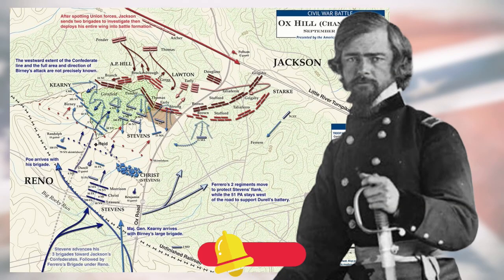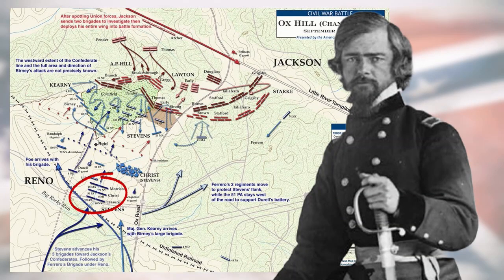In the front line on the right was the 79th New York Regiment, with the 28th Massachusetts Regiment on the left. In the second line was the 8th Michigan on the right and the 50th Pennsylvania on the left. And in the third line, the 46th New York was on the right and the 100th Pennsylvania on the left.